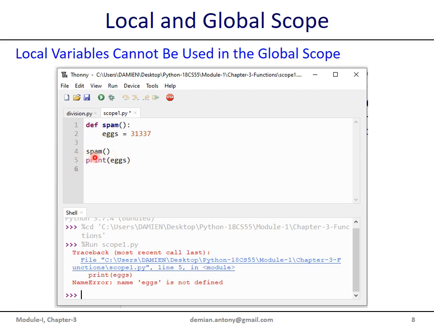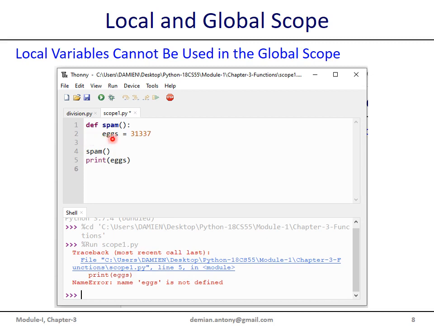We don't have any variable defined here with x equal to, let us say, 5. We don't have such a statement. We are directly using the local variable in the global scope, which is not possible. This local variable is created when there is a function call to spam, and upon termination there is an implicit return statement, return None.